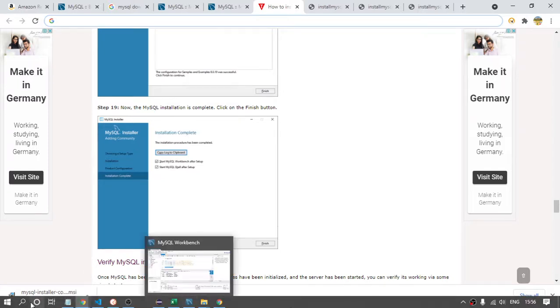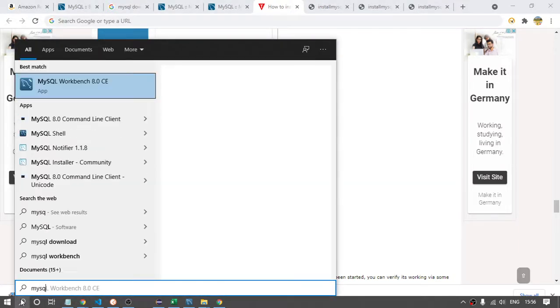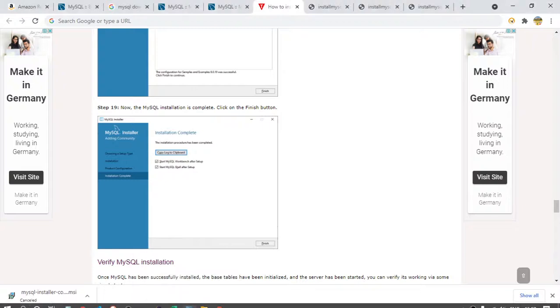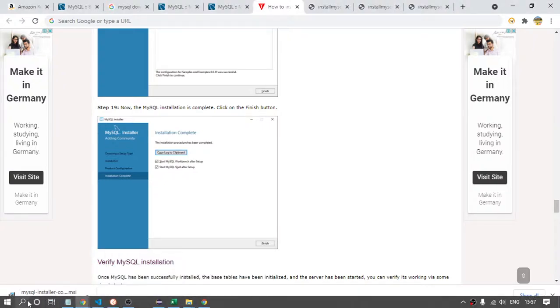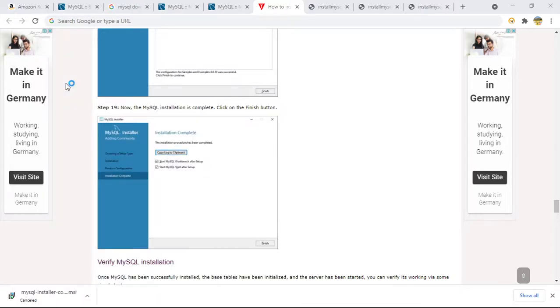So now after installation, I will search for MySQL Workbench. When you log in for the first time, let me show you. Open MySQL, and it will ask you for the username and the password. One more point, we are not going to discuss the entire database because it is a very separate course. Here we will discuss what is required, which is fetching the data from the database.